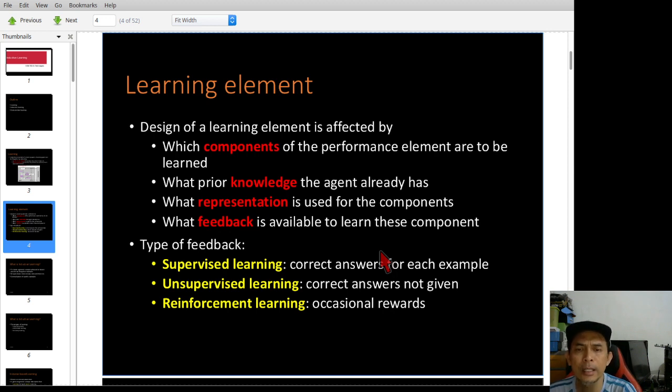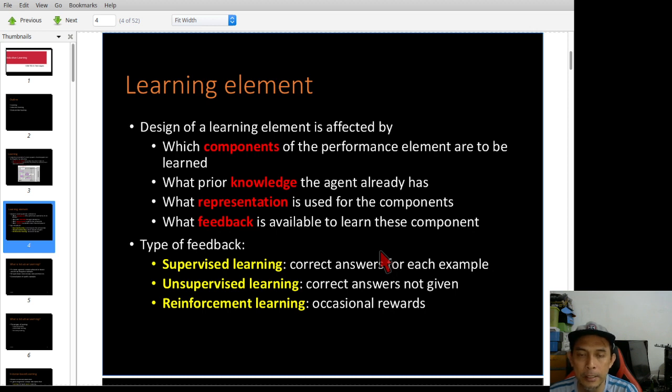And the last one is reinforcement learning. This learning is based on reward. If the agent gives good feedback or a correct answer, some type of reward is given.